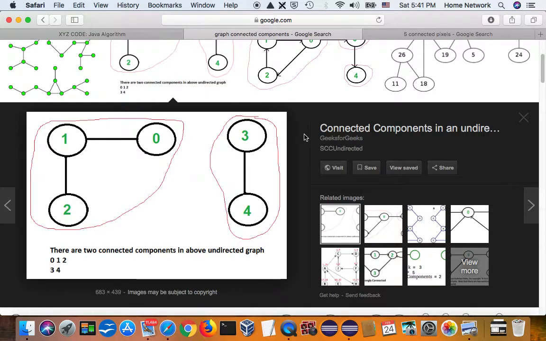Hello, in this video, let's try to calculate the number of connected components in a graph. This kind of calculation is useful when we try to answer the question how many dots are on a photograph. So